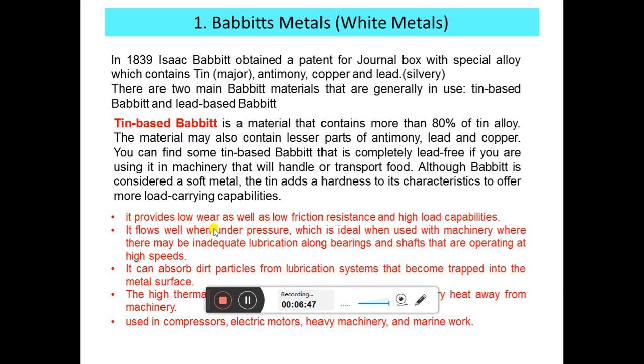This material itself is self-lubricating, and it is used where only a small amount of lubrication is possible. In that situation, we can use this type of tin based babbitt as a bearing material. It can also absorb dirt particles, foreign particles or contamination. That is what is meant by embeddability; we already discussed what embeddability means. It absorbs the dust particles or contaminants in the lubricant so that it avoids seizing of the materials.